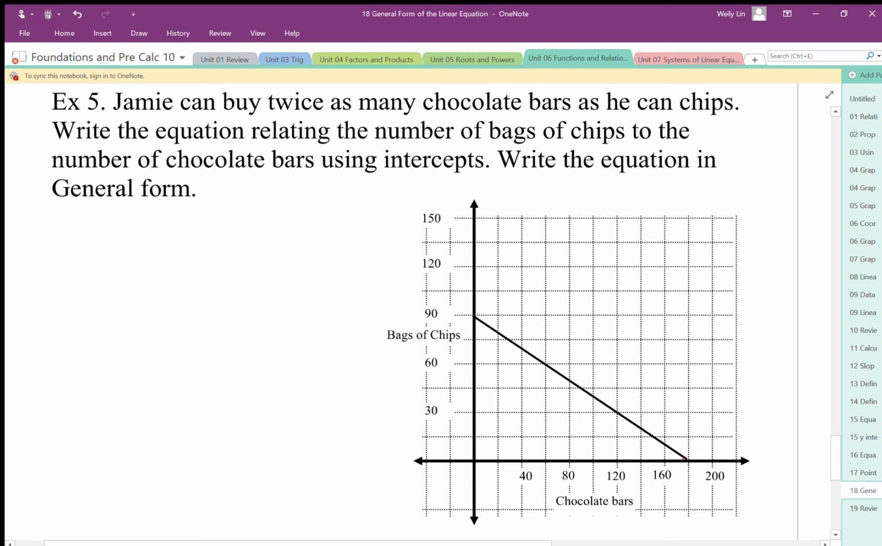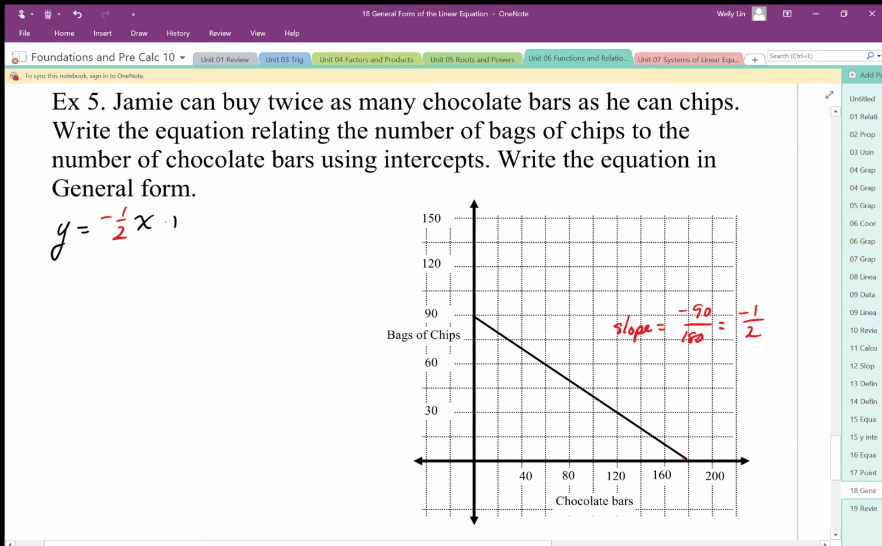So we're going to write this in general form. We can do this basically by starting with our y equals form. So we're going to let y be our bags of chips and the x will be the chocolate bars. And we can see that there's a slope here. I'm just going to calculate the slope. We're going to do this in slope-intercept form, and then we're going to convert it to general form. So slope is going to be negative 90 for 180. So for every bag of chips we lose, we can gain 2 chocolate bars. Okay, so there's my slope, negative 1/2